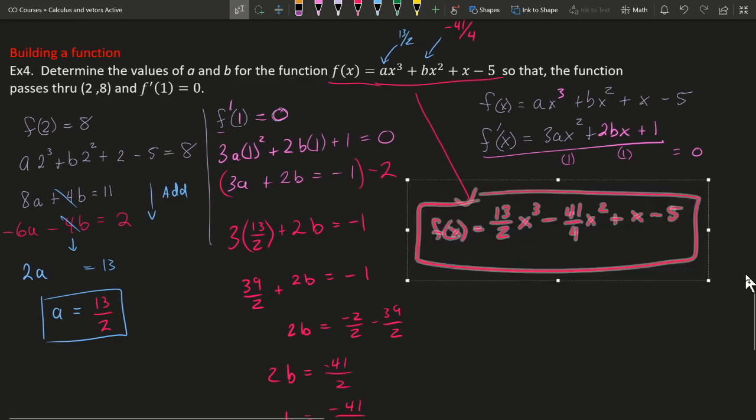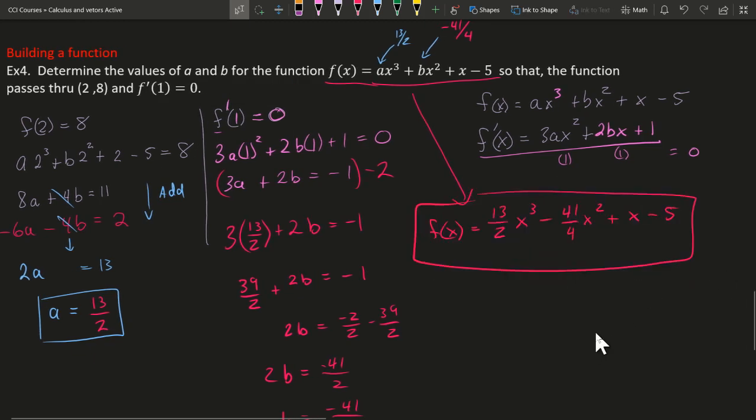Then graph the function on the Desmos, the answer that you get, and go ahead and see if it ends up looking like the graph that you